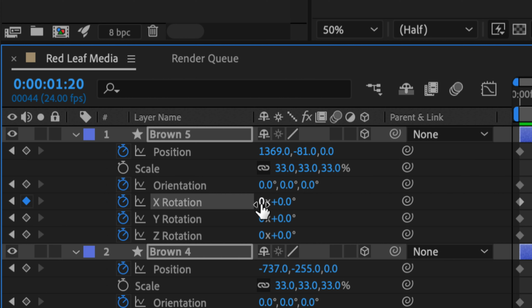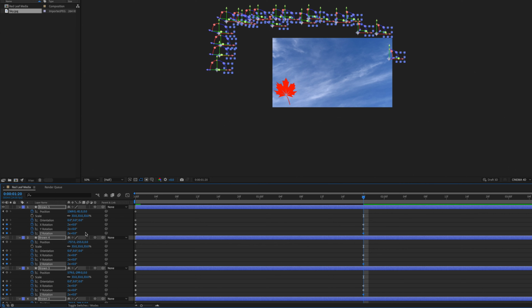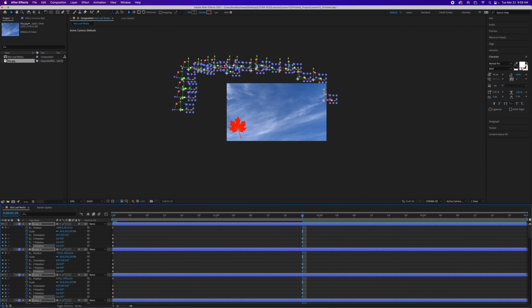So we come in here to our X, Y, and Z rotations. We want everything to rotate 2 full times. So we're just going to put 2X for the rotations. So from the first frame, the 0 mark, to the 1 second and 20 frame mark, all of the leaves are actually going to rotate 2 full times. So if we toggle back out,